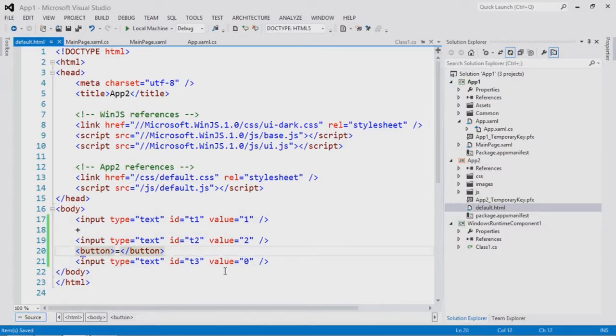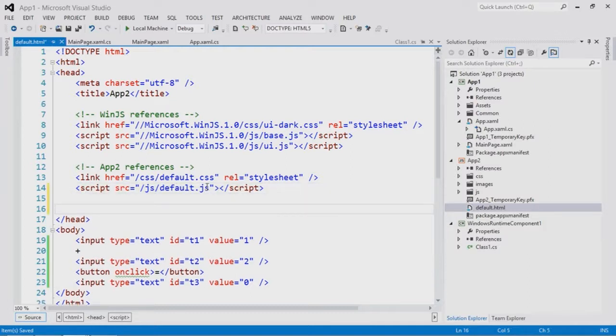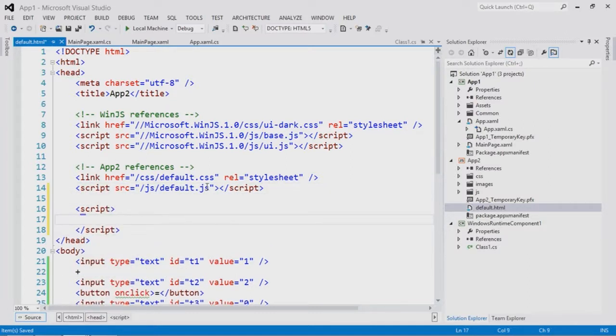I need an on click. And obviously, if I were writing a true HTML application, I would separate everything out: CSS classes, JavaScript files, things like that. I'm not going to do that here because it's a demo. Right. And so let me,